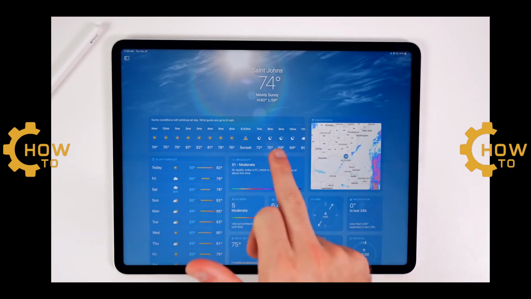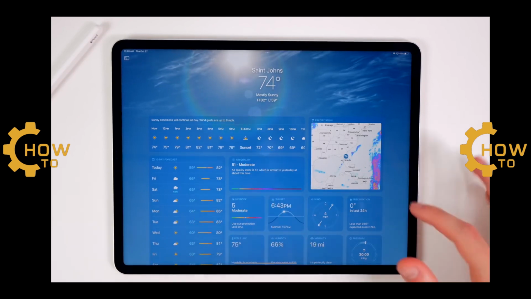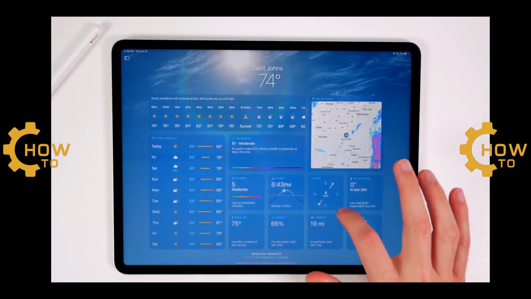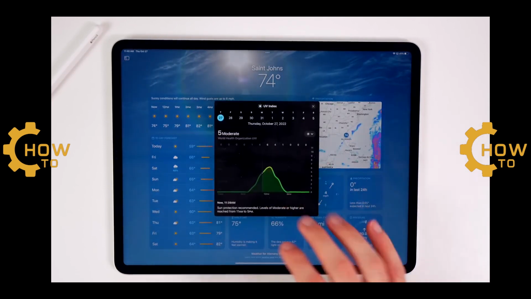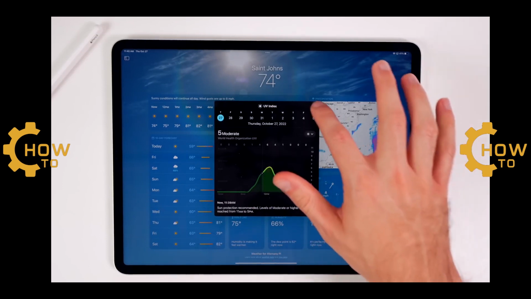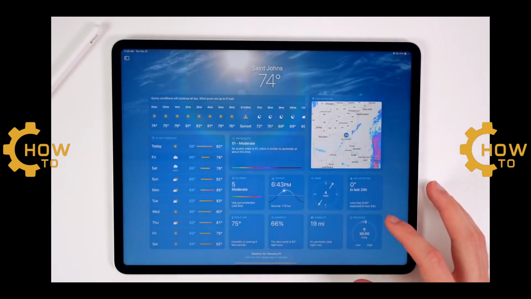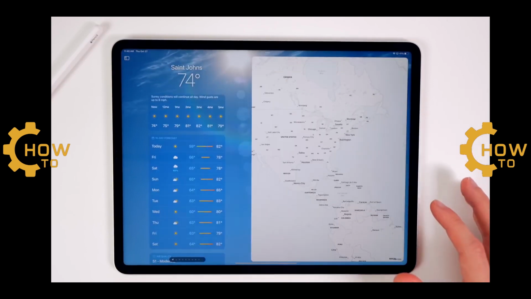So we have all of our temperatures up here for the day. We have our 10-day forecast, our air quality, our UV index, our precipitation map, and of course if you tap on any of these, it will give you more details in this graph view right here. We can change all kinds of things in here. So it's fully functional, it's fully featured like the iPhone application,